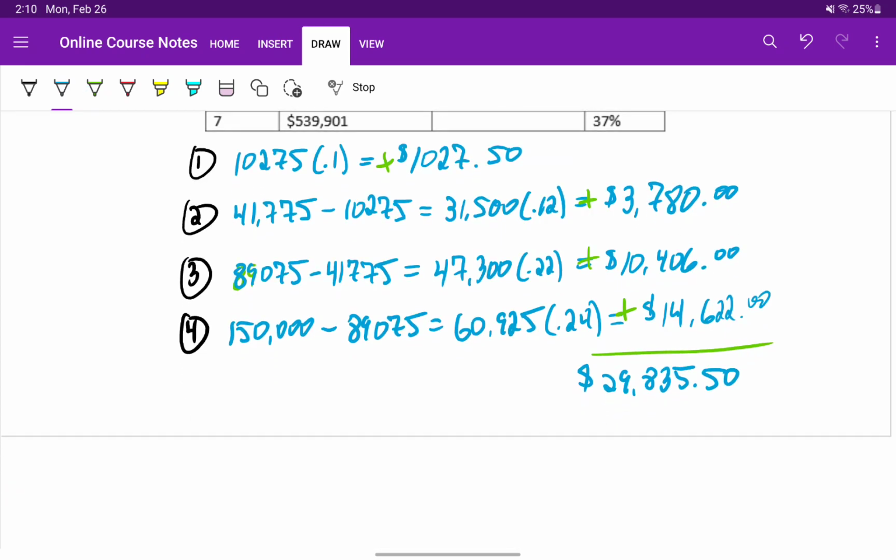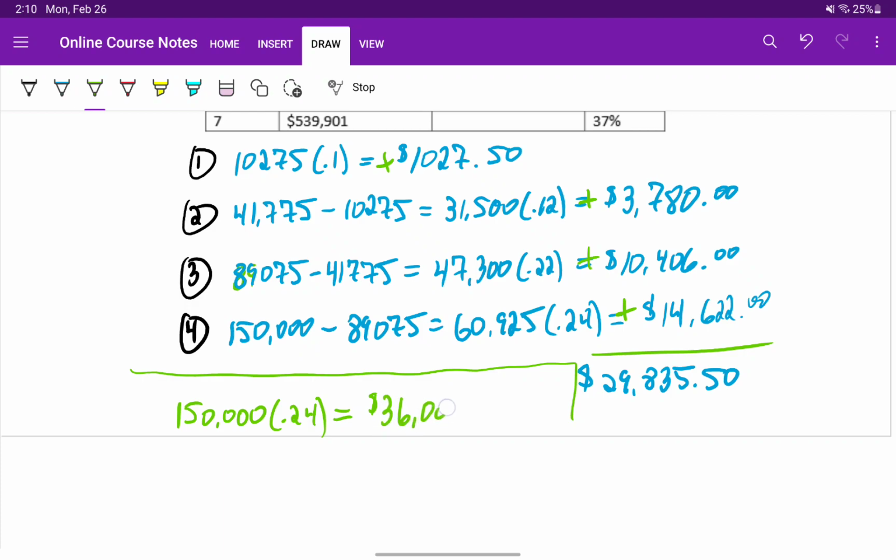That is quite a bit of money, but again, just for reference, this is different than having your entire salary of $150,000 taxed at 24%. If we did that, then our tax bill would come out to $36,000. So this progressive system, which taxes us at lower amounts for those earlier brackets, results in us paying less money